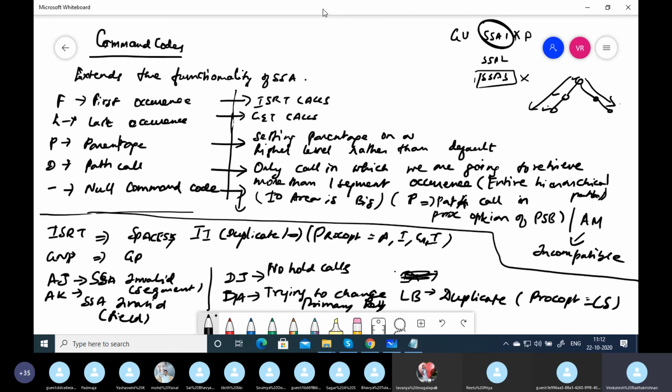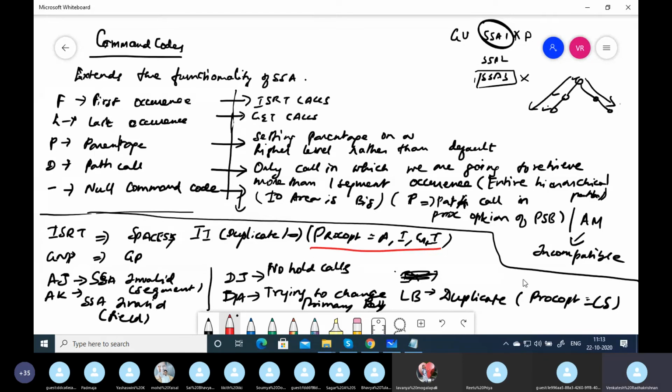That's a different concept in VSAM. Probably I will touch base on that. It's a very important concept with VSAM. We'll look into that definitely. It might have been missed, and it is important.